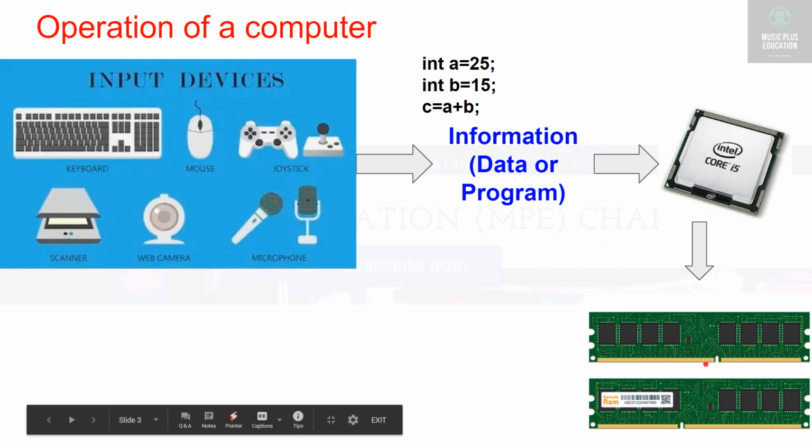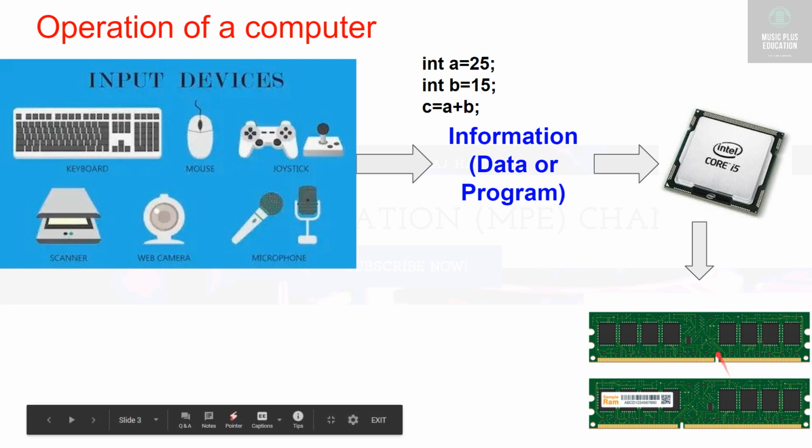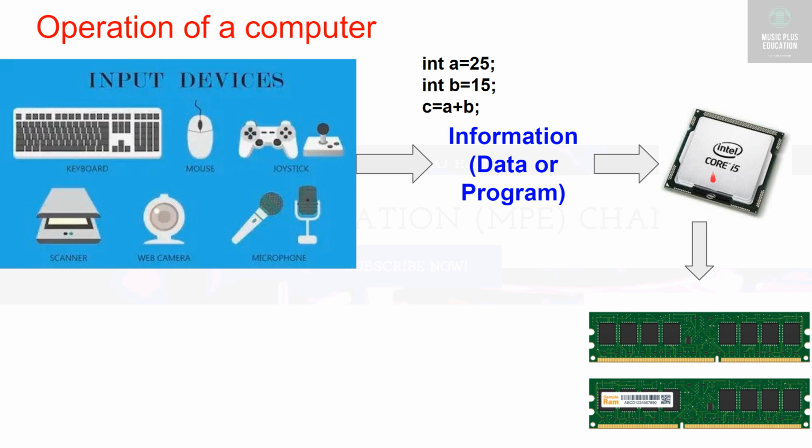Now in main memory we can store only binaries, that is hexadecimal values. Hexadecimal means a coded value, where 4 bits are grouped. Next, once it is stored in the memory, both instructions as well as data are in the main memory. Now the processor's job is to fetch the instructions. The processor has fetched the instructions, and now it will fetch the data also, that is 25 and 15, and keep it in the cache memory.